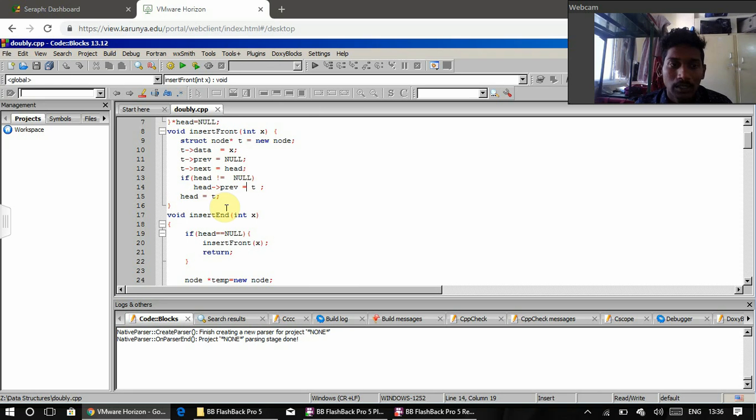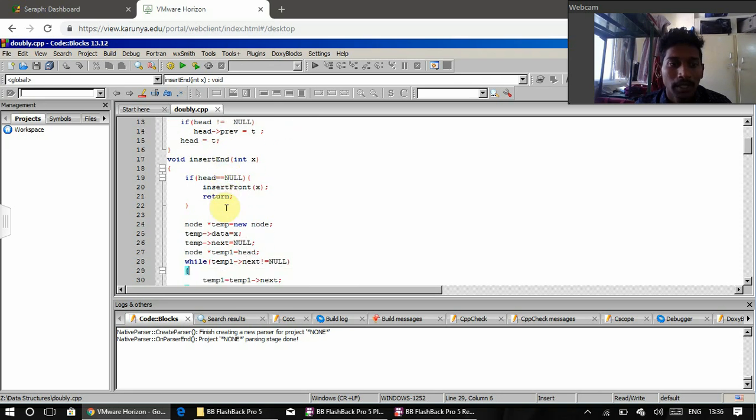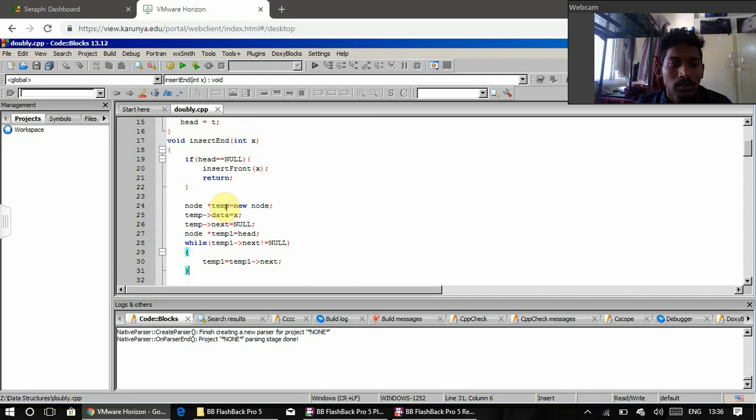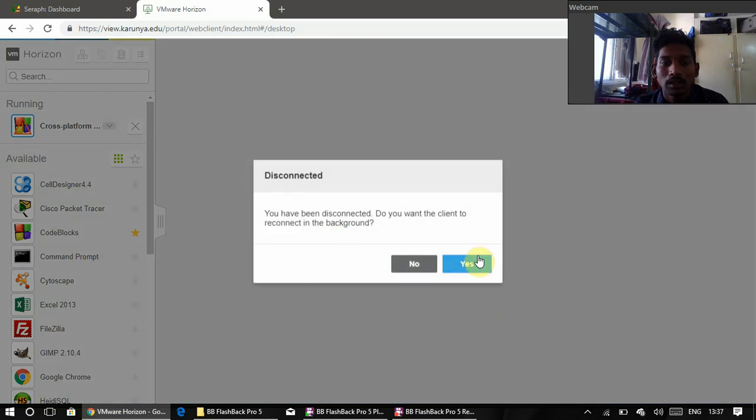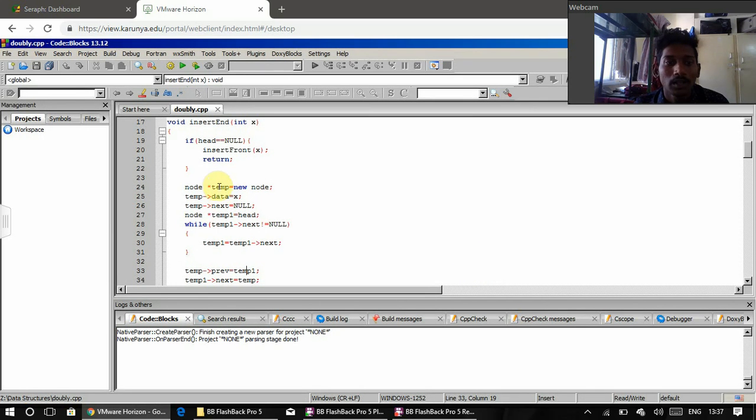Then for inserting from the end, void insert end, as it is inserting x. If head equal to null, then insert front, as there will be no elements, we should insert the element from the first. Otherwise, if there is an element present in the linked list, node star temp should be the new node which we are inserting. We are inserting temp data equal to x, temp next equal to null,